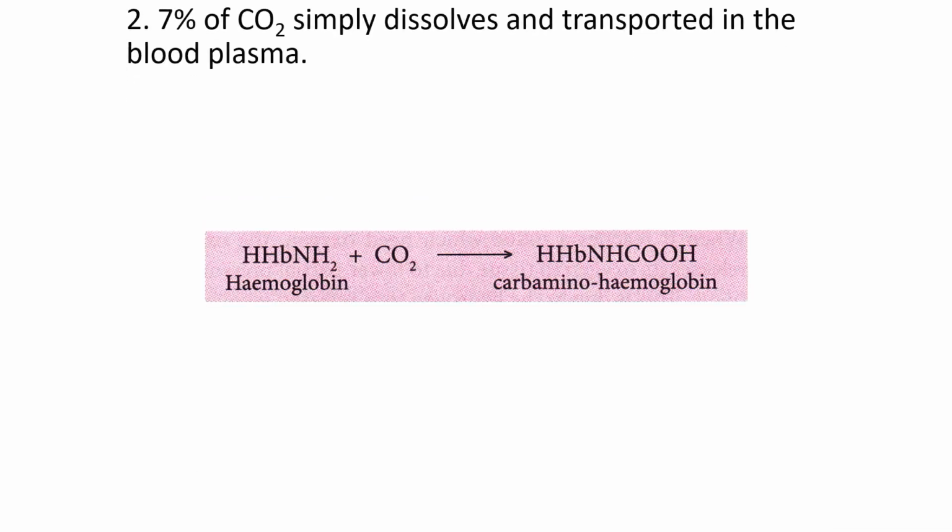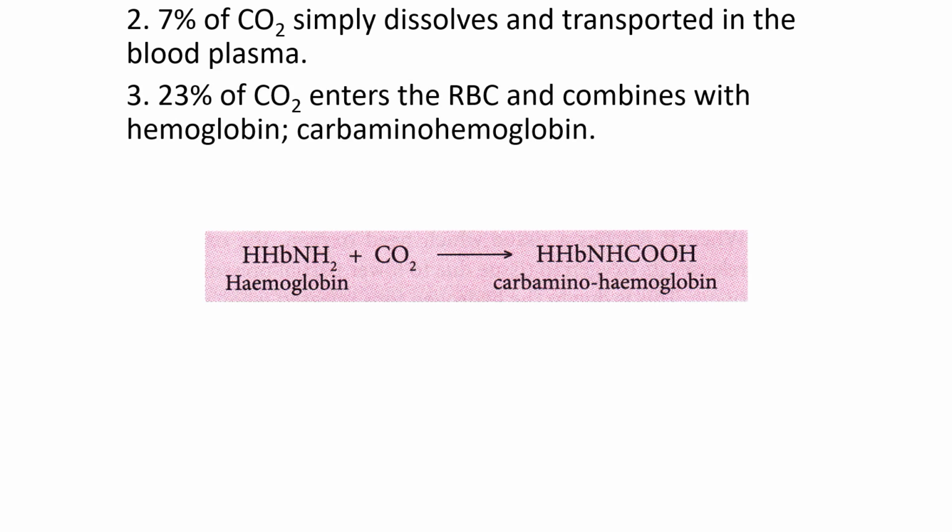Now the other one is 7%. 7% of carbon dioxide simply dissolves into the blood plasma and is transported by the blood plasma. Now just now I mentioned that 23% of carbon dioxide that enters the red blood cell combines with hemoglobin to form